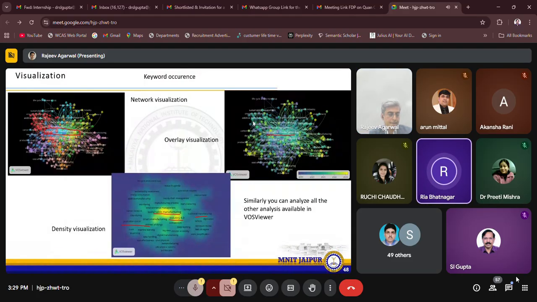Sir, I have one question. Sometimes when we use VOSviewer, the graph completely doesn't show what we require. So how do we pursue it? It comes because you have got more than 500 or thousands of papers. You need to come up with a very optimum number. That is why this graph has to become like this. So you need to specifically articulate your research question. That is the key. Okay, thank you.